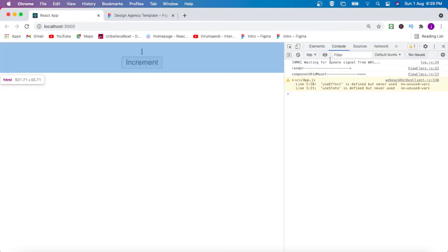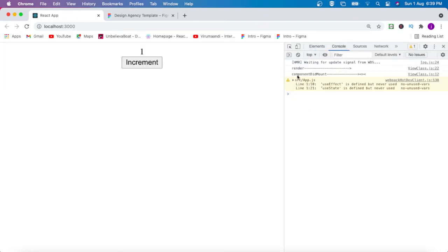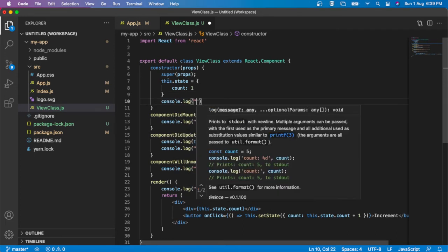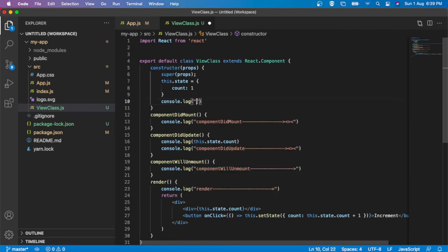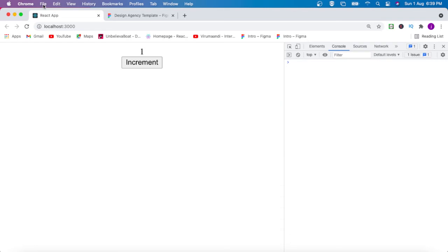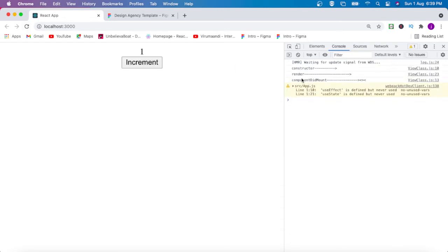In the console I can see render is coming, then componentDidMount. Inside the constructor I can also put one more console log. Now if I refresh, I can see the lifecycle once more: constructor, render, componentDidMount.